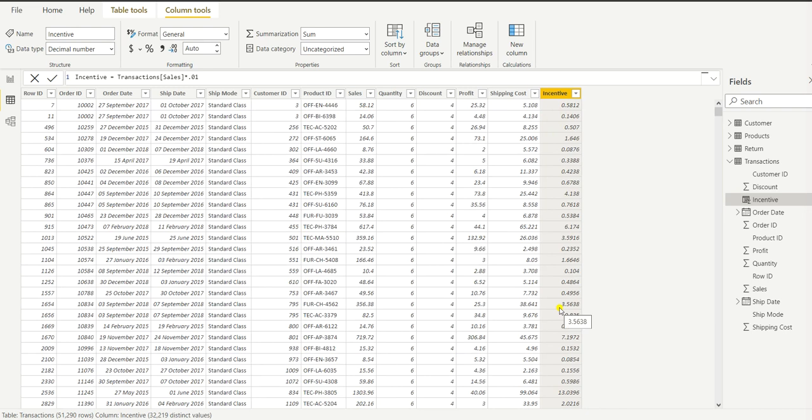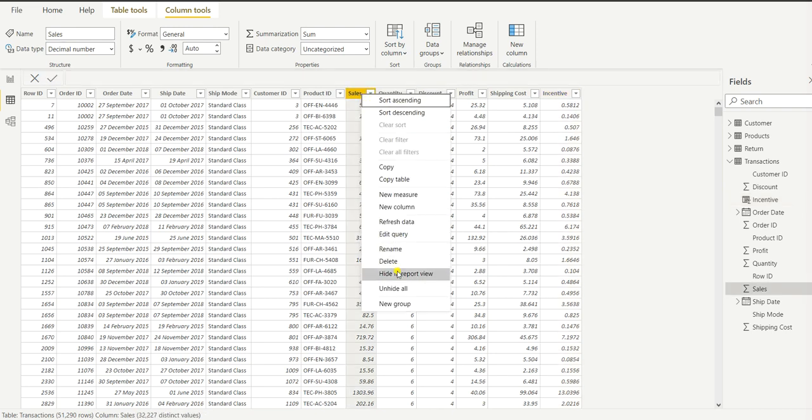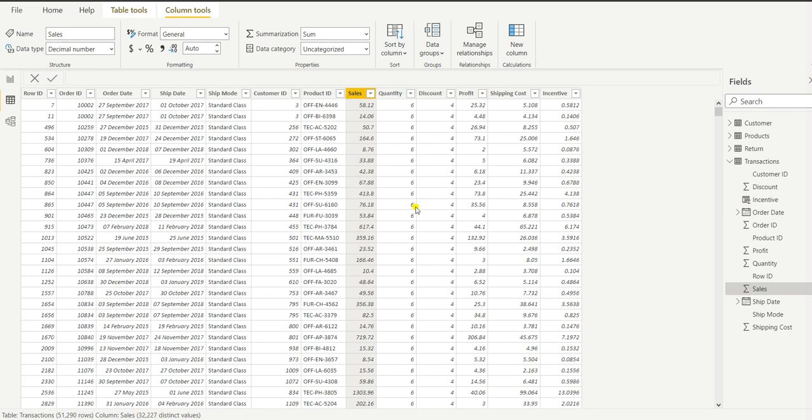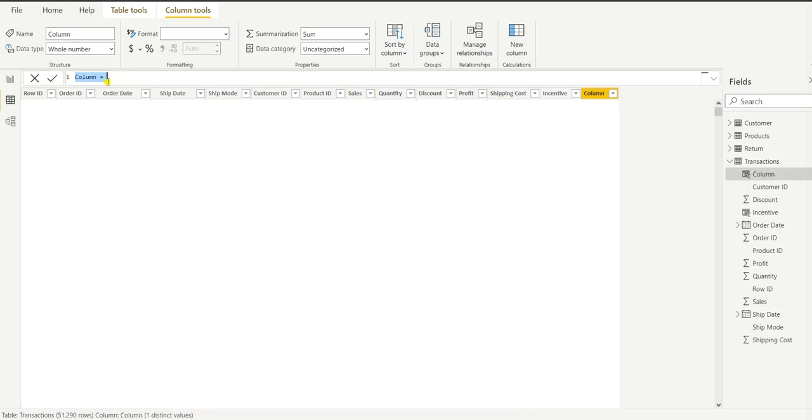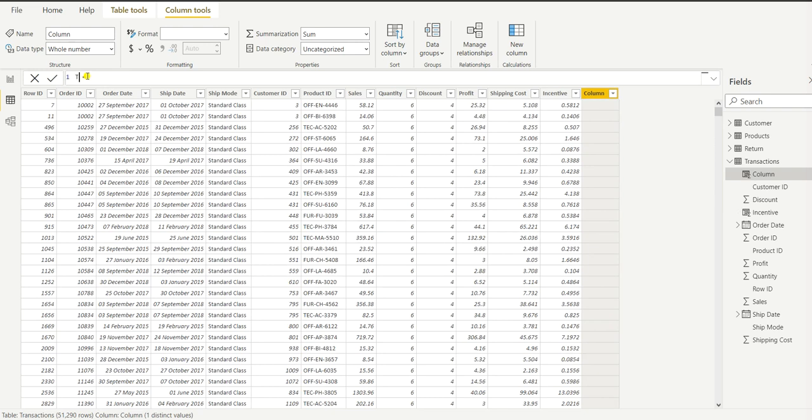Like we were discussing earlier, let us see how it will look if we calculate the total sale with the help of a calculated column. Let us add one more column. We can give a new calculated column, and let us give it the name total sale. How do we calculate total sale? Simply we use the sum function.